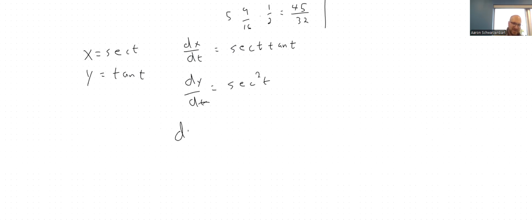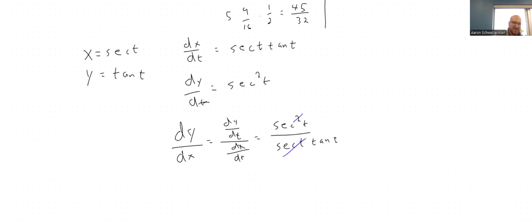Guess what dy/dx is? It's dy/dt over dx/dt. Does that make sense where the dt's are going to cancel? And I simplify, one of the secants cancels. I get secant t over tangent t,